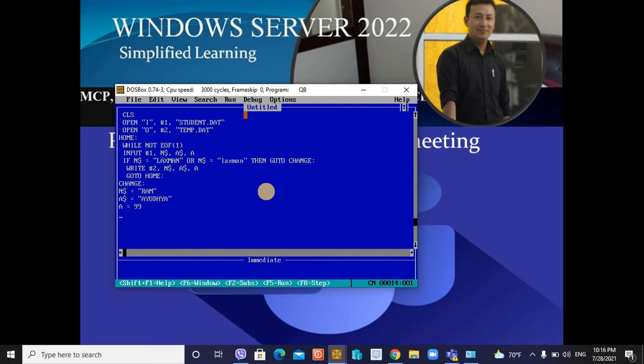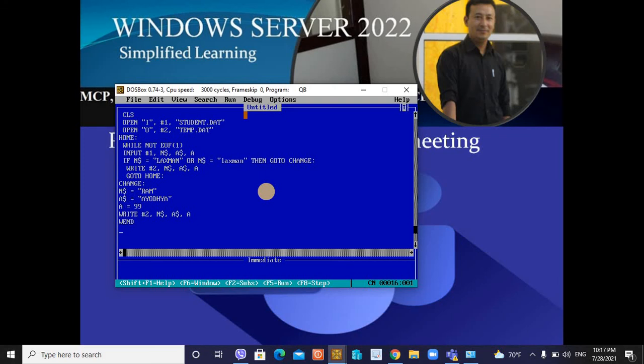We are going to write it in a temporary file, because changed data or unchanged data both have to be transferred to the temporary file. So I'm going to write over here 2, and these are the field names that we used just now in order to load the data. After writing this data, we need to make sure that there are further records and they are being loaded and compared. So that's why we're going to give go to home. This process will continue, and if it finds a name called Lakshman, it is going to take you to the block